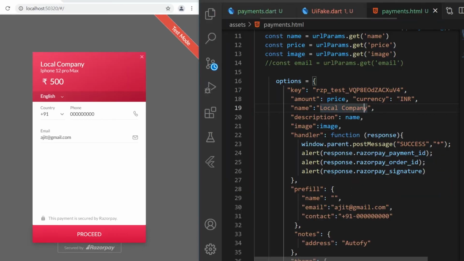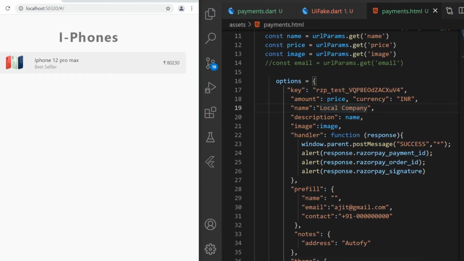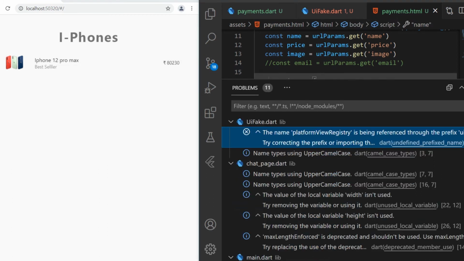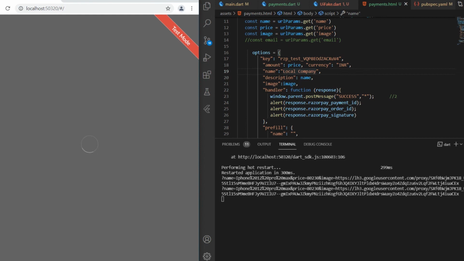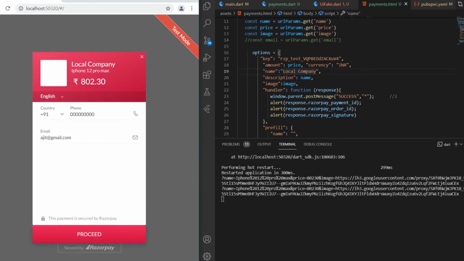And now we will reload it, go back to the terminal and try.